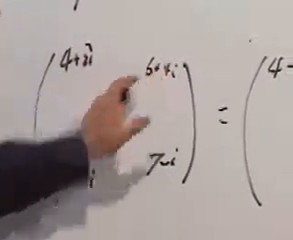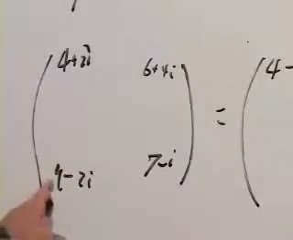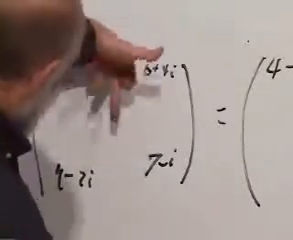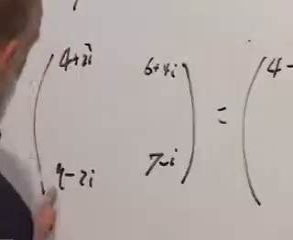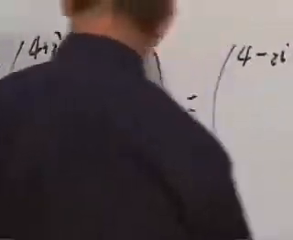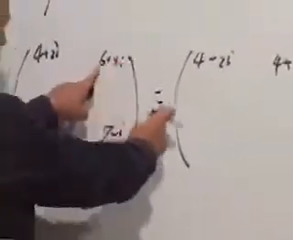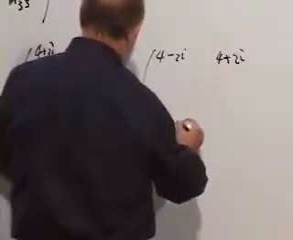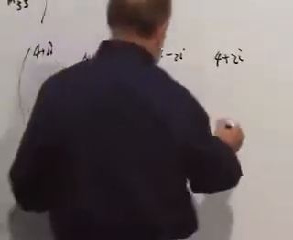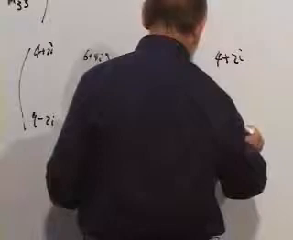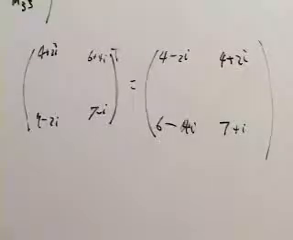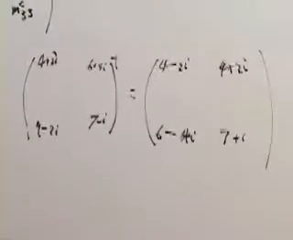Now, the element up here, first we have to transpose. We interchange rows and columns, and then complex conjugate. So then we get 4 plus 2i up here. We put this one complex conjugated. This one complex conjugated goes down here, 6 minus 4i. And the diagonal matrix element stays where it is, but it gets complex conjugated, 7 plus i. All right, so that's the idea of Hermitian conjugation. Flip the rows and columns, and then